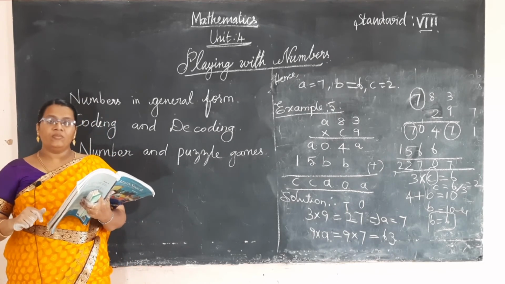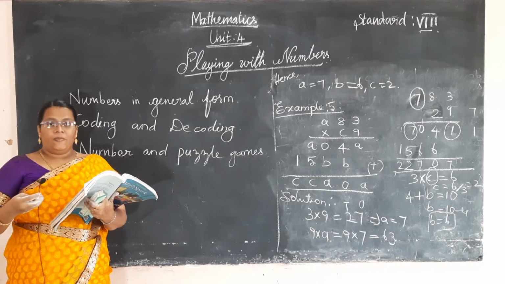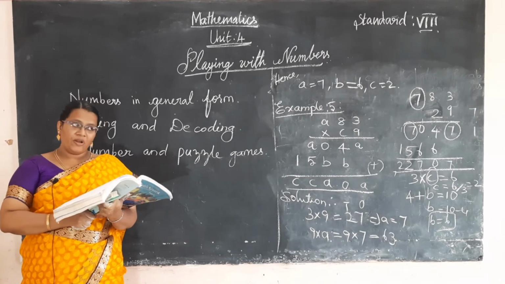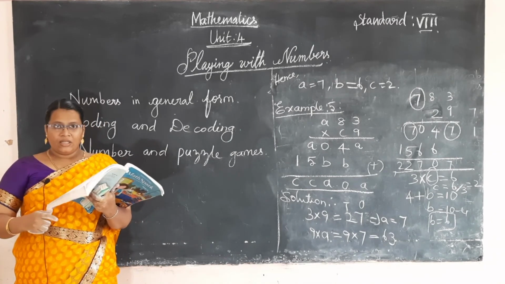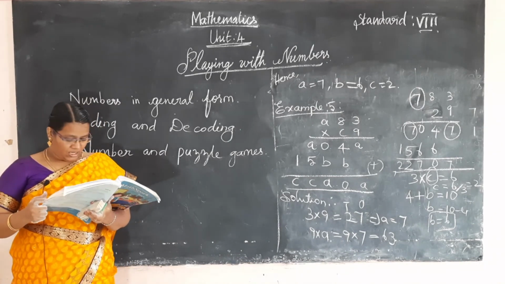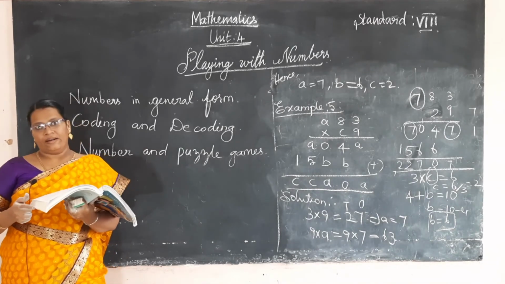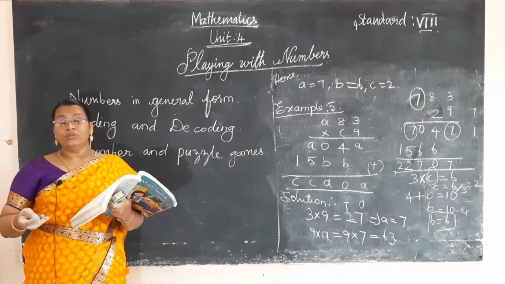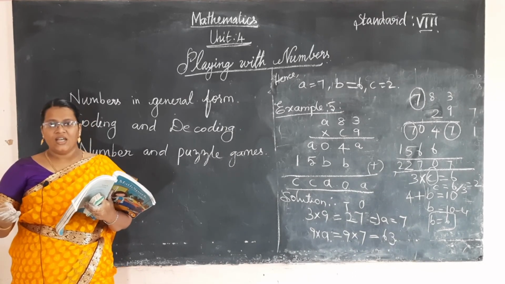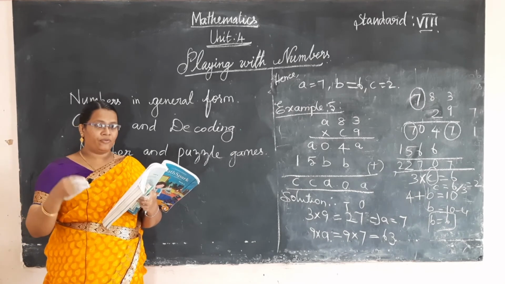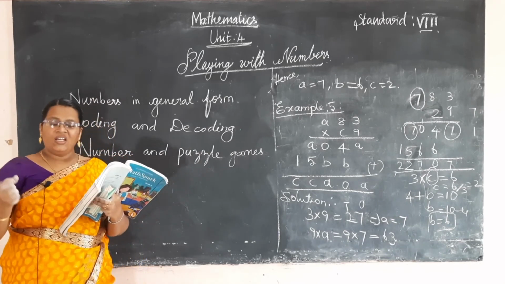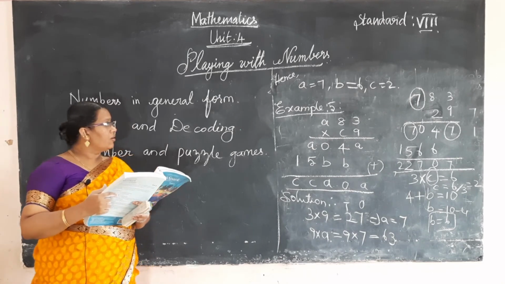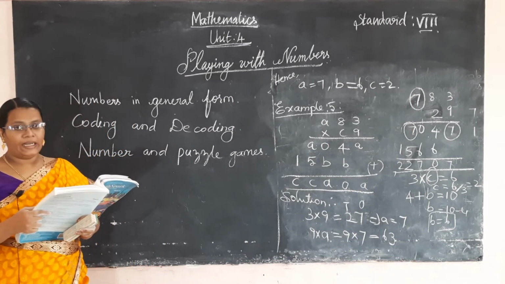This is mostly used in business places and the army. Army officers and politicians are using the coding methods. Sometimes even children use code language to talk to close friends. You use some secret codes with your close friends, right? That is also called coding and decoding.